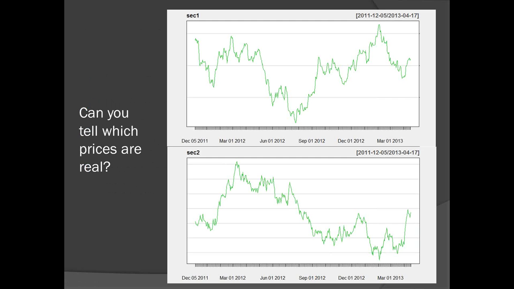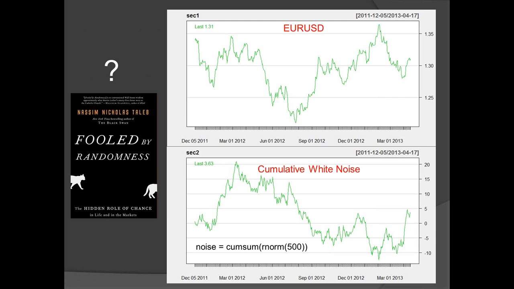And here we have to be careful not to confuse noise with reality, and to demonstrate the point, if you look at this graph of two sets of asset prices, can you tell from just looking at it which one is real and which one is fake? If you're looking at it long enough, I mean, I don't know, I can't tell the difference.